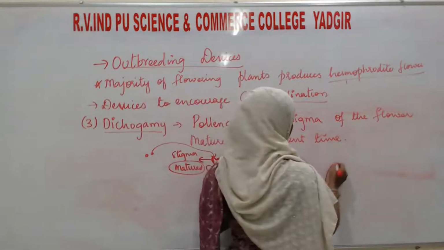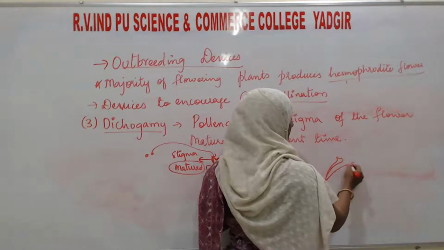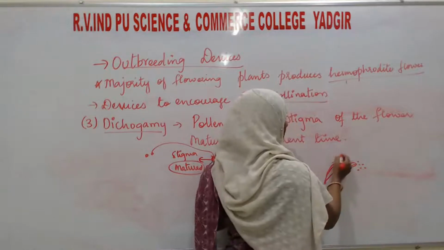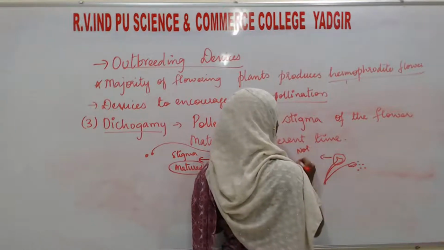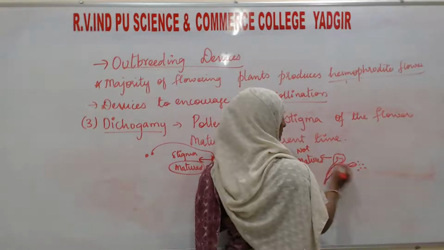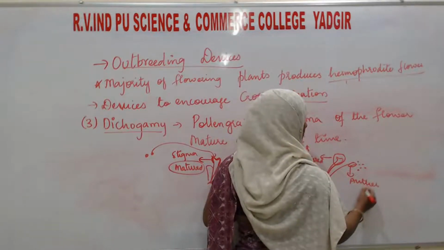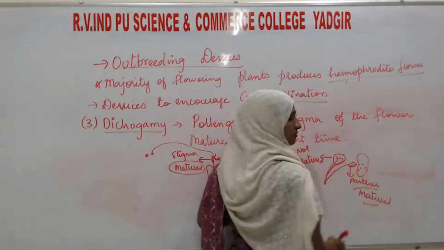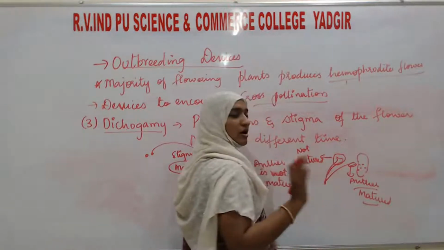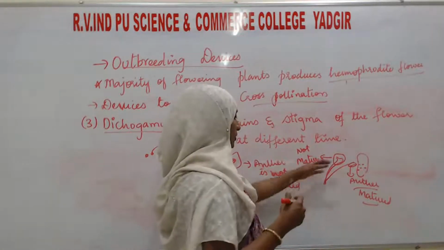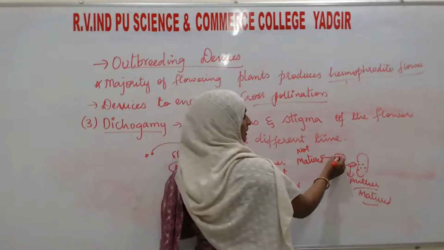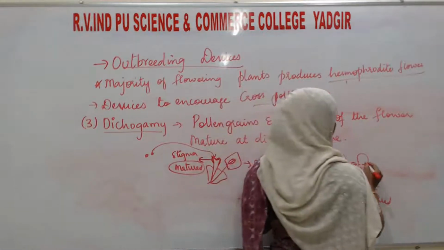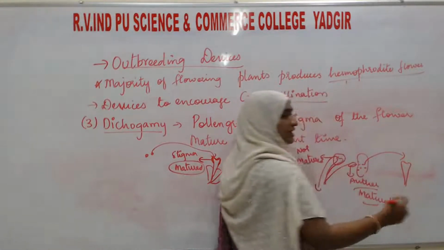One more condition. Here, this is stigma and this is anther. Here the anther is matured and it starts to release the pollen grain, but the stigma is not matured. The stigma will not accept that pollen grain, or if a pollen grain comes and sits over here, that pollen grain will fall down. They are not going to accept it. So in that case, what happens? Pollen grains will pollinate the stigma of any other flower.